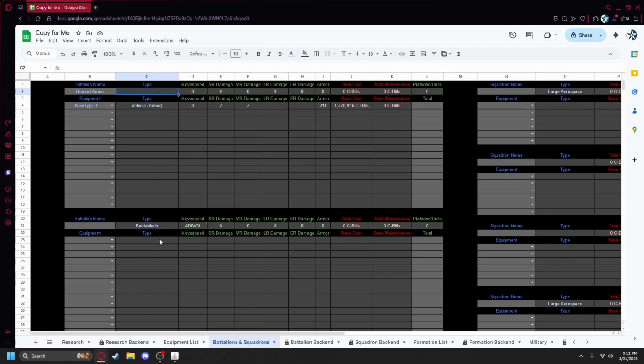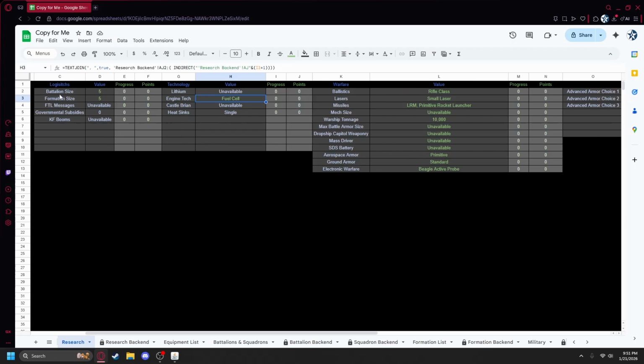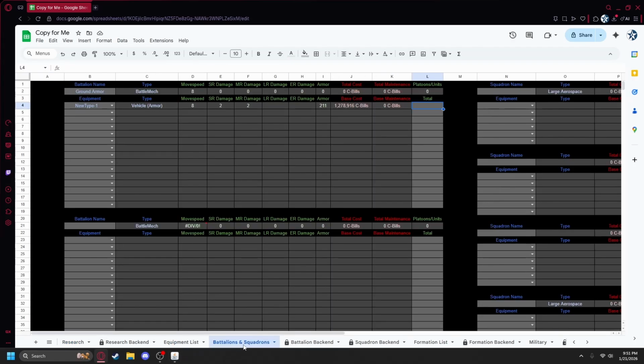The type of battalion will automatically change, however, I have accidentally cleared this space. Regardless, you will then select how many of your armor pieces you wish to have in your battalion. This will be limited by the number that you have researched, starting at 5. If you wish to have more than 5, you are welcome to do so, however you will incur a vast